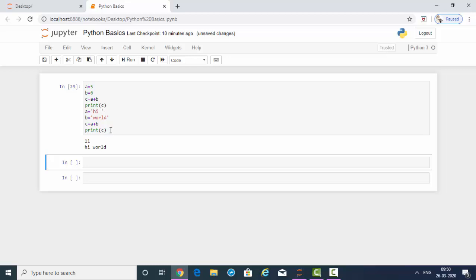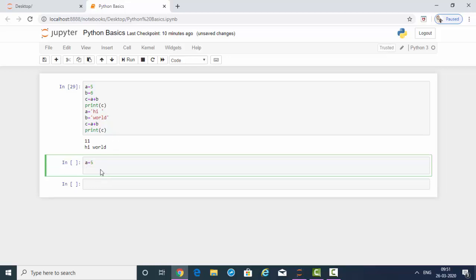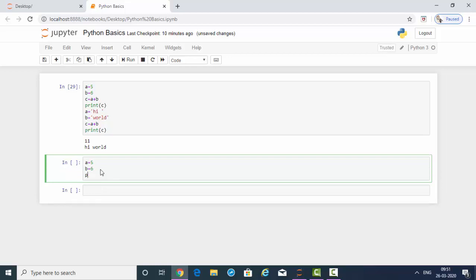Yeah. So now let us see another example. How to print multiple variables in one print only. Here we are using different prints to print them, right? If I want to print multiple variables in one print, how will I do that? Let me take here a equal to 5, b equal to 6, and I want to print a and b both. So if I'm writing a plus b,